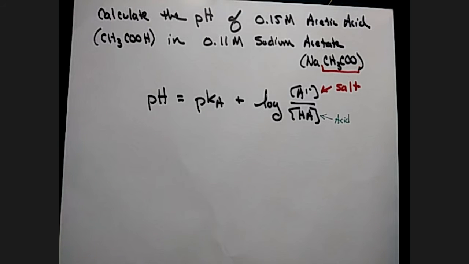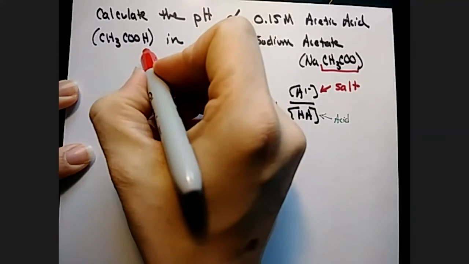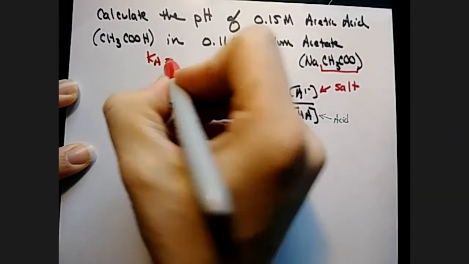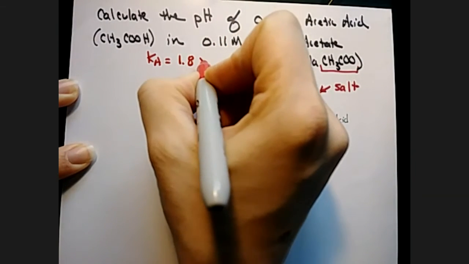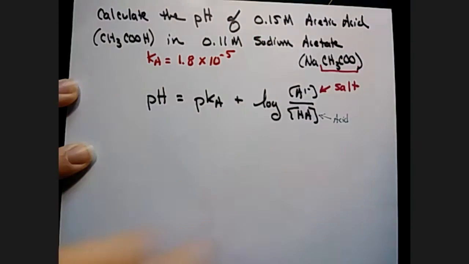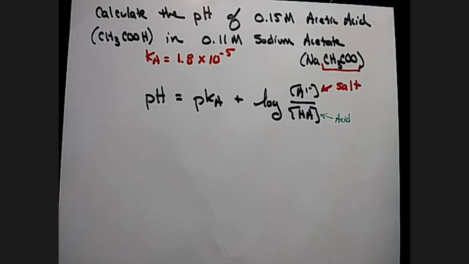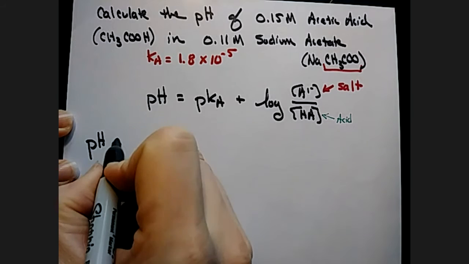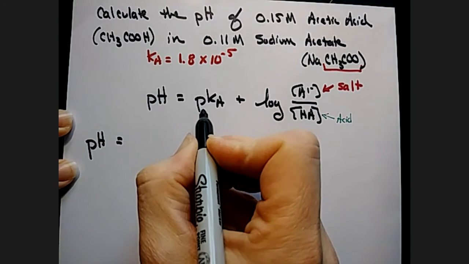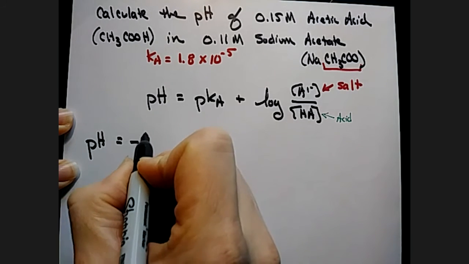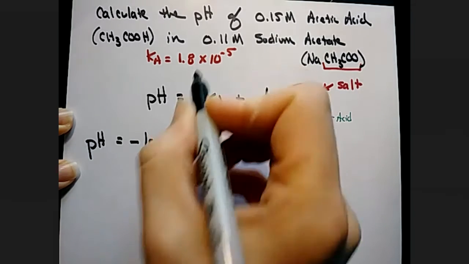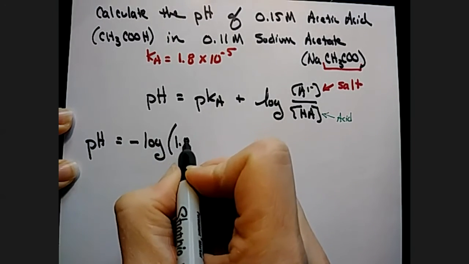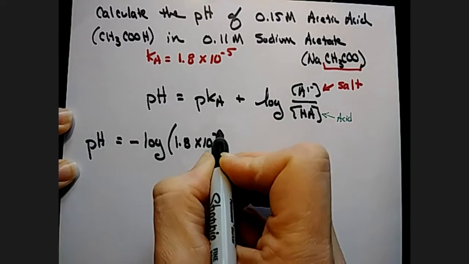One last little piece of information for this particular problem is that the Ka of acetic acid is 1.8 times 10 to the negative fifth. So at this point, it's now a plug and chug style problem. So if we want to calculate the pH, I would have to take the pKa, that's the negative log of the Ka value, 1.8 times 10 to the negative fifth,